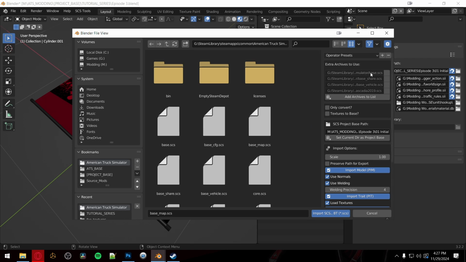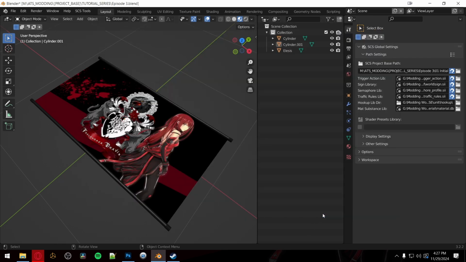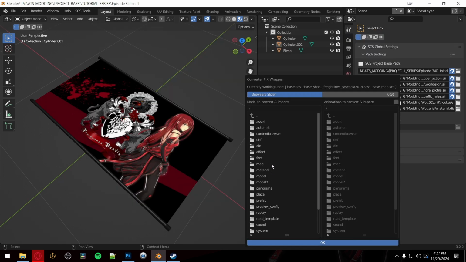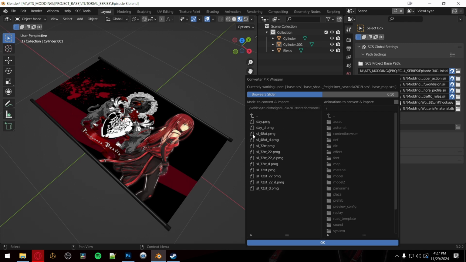All right, so one last time, I'm going to confirm with you guys: base share, base vehicle, Cascadia 2019 in that order. I'm going to go import SCS. Now we're going to see the directory structure of any files included in those 4 files. We're trying to put this into the Cascadia's interior. So what I'm going to do is go vehicle. I'm going to go truck, Freightliner Cascadia 2019. Then I'm going to go into the interior, into the model folder. And in the model folder, I'm going to bring in the